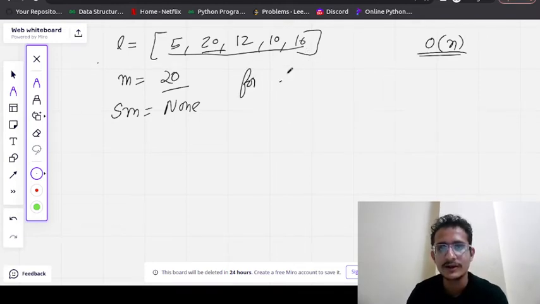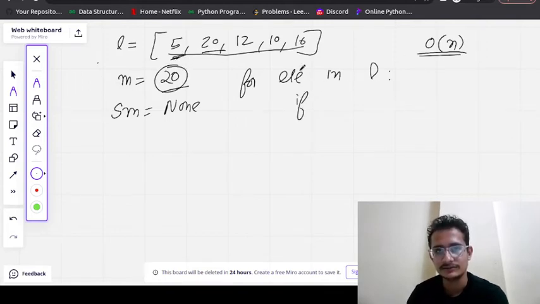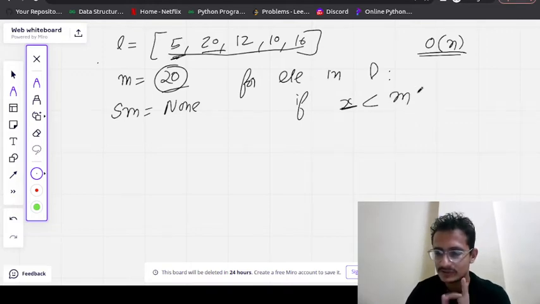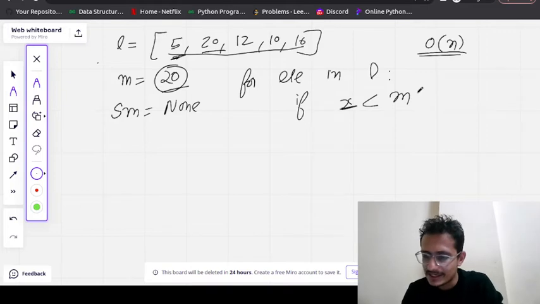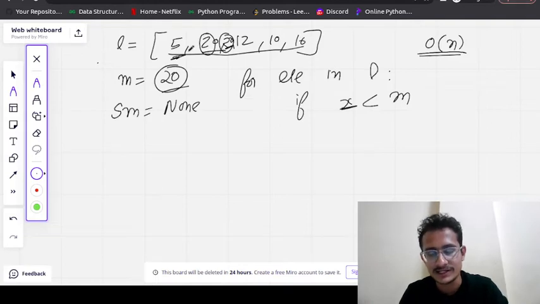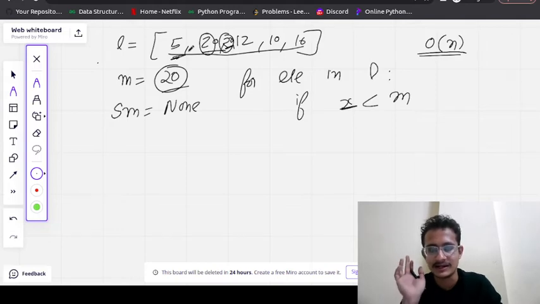So for element in L, if the element is less than the maximum, basically all the elements are going to be less than the maximum element. First I need to check this case: there might be a possibility that there are two elements which are equal, and that can be the second largest element.